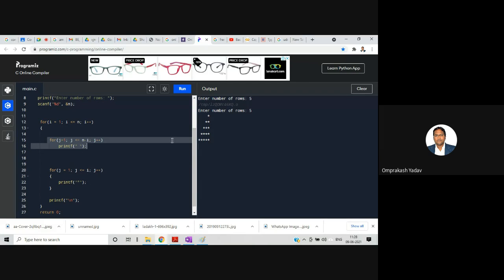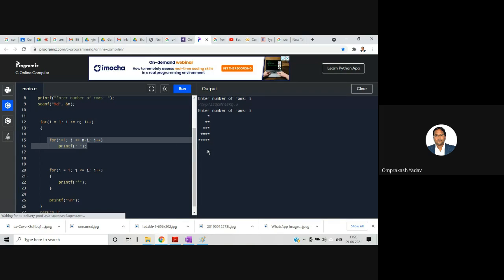And the fourth type is nothing but the reverse of this one. So if we just change the I loop to start from I equal to n, you will get the opposite of all these particular patterns. So we'll be seeing that in the next lecture. But how you can get it, it's very simple. You will just have to change to I equal to n, and you can get the reverse of this particular triangle, right?